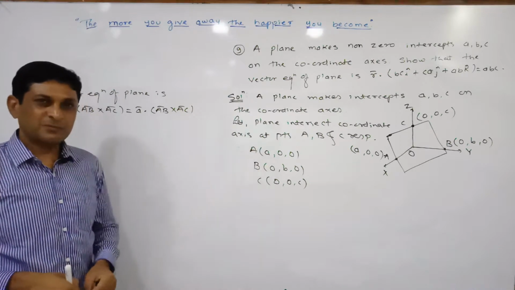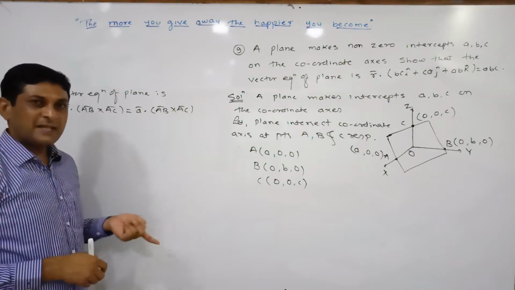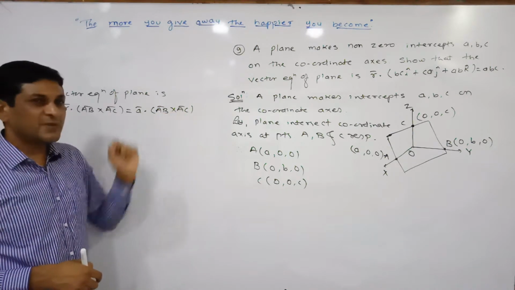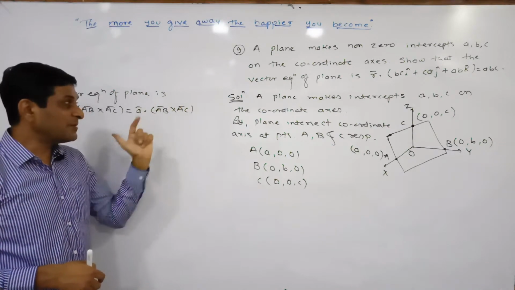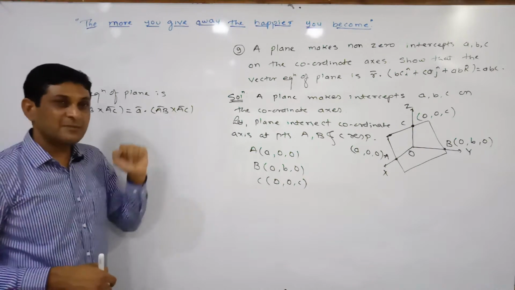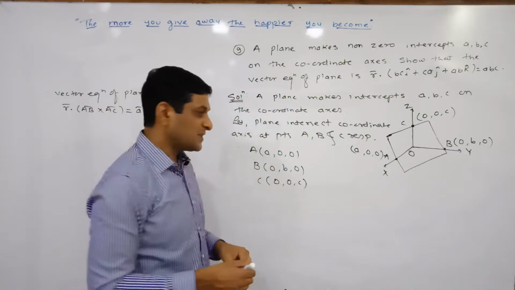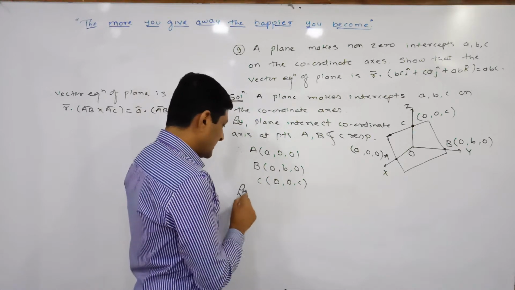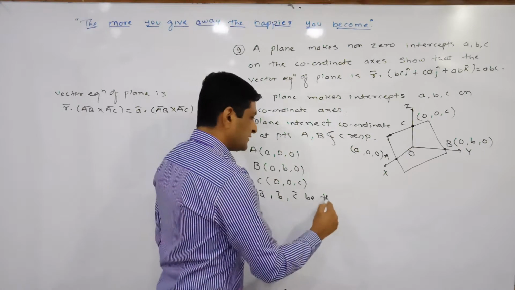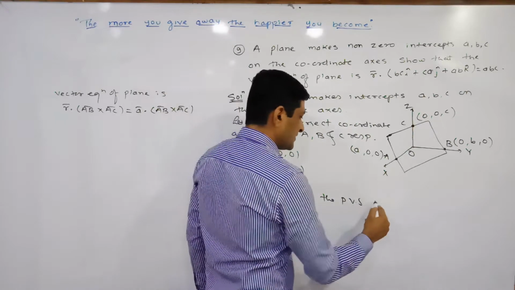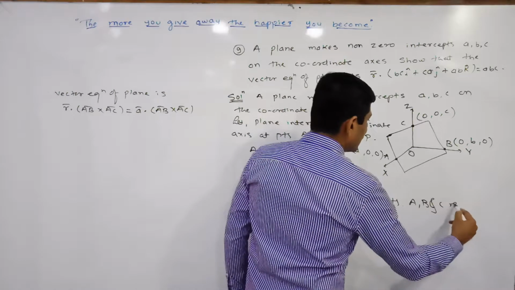Here the coordinates of the 3 points are already known to us, so this formula is applicable to find the vector equation. But to apply this formula we have to find the cross product of AB bar and AC bar. For that purpose we will require AB bar and AC bar. AB bar can be found as B bar minus A bar and AC bar as C bar minus A bar. What are A bar, B bar, C bar? Position vectors of these points. So first find the position vectors. So let A bar, B bar, C bar be the position vectors of points A, B and C respectively.